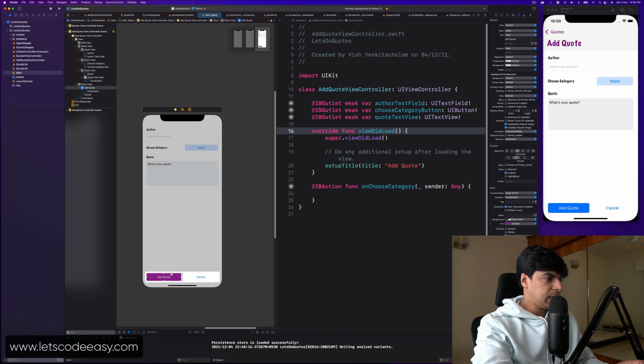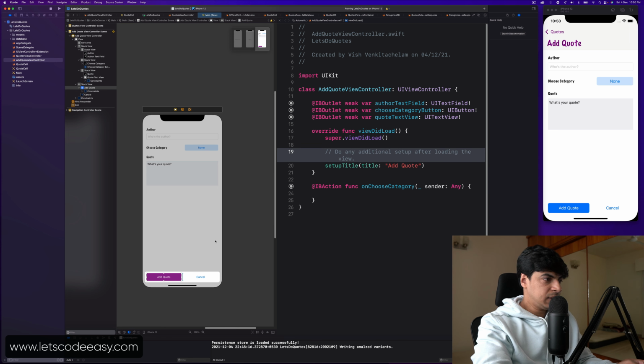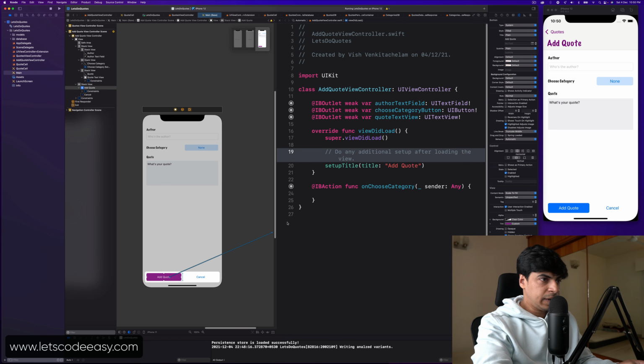Now maybe I need add quote reference to also set these text. I don't know why this attribute is not getting set. Maybe I just need a reference. I think I've made some mistake in setting up the color property, or at least the background tint or something over here. But let me add the add quote